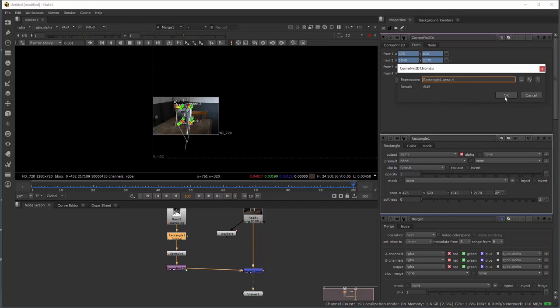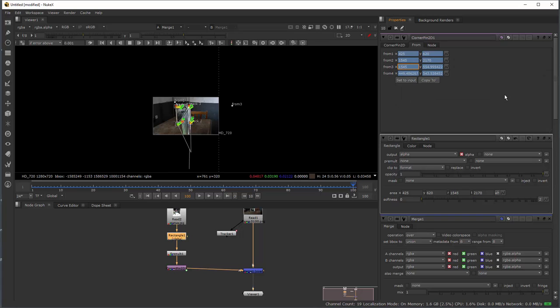You have two options. Either you can join by expression, or you can press the option set input. I will show you both.